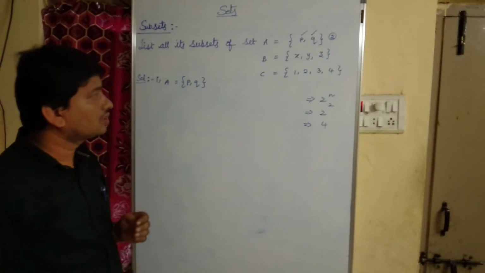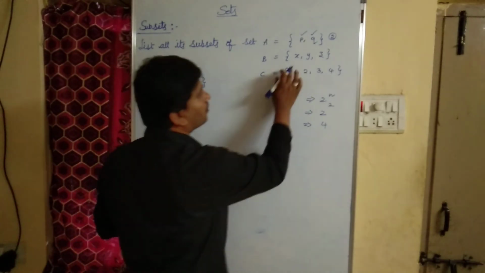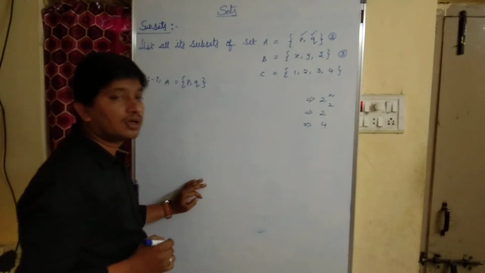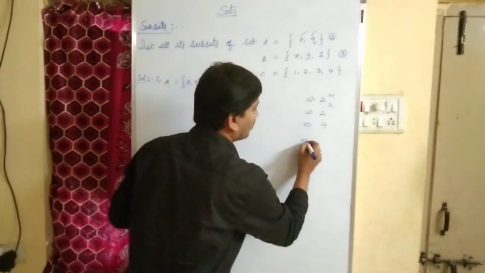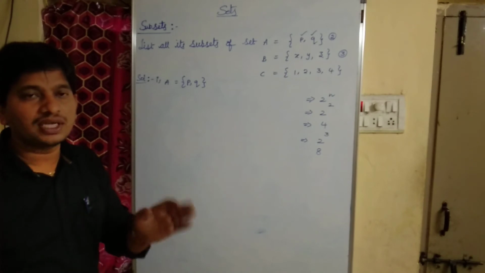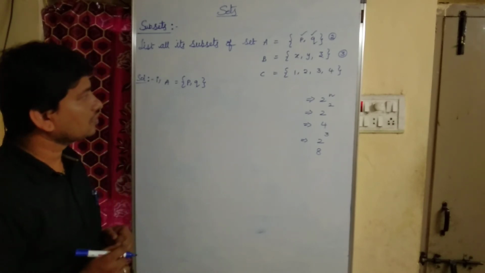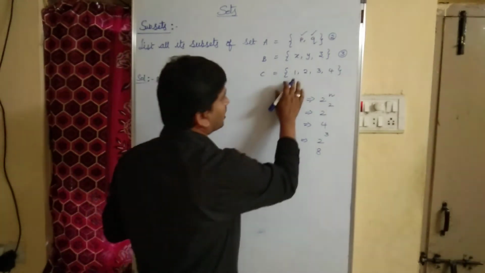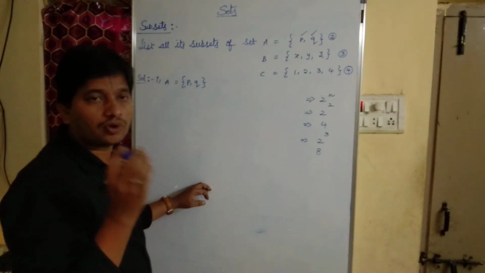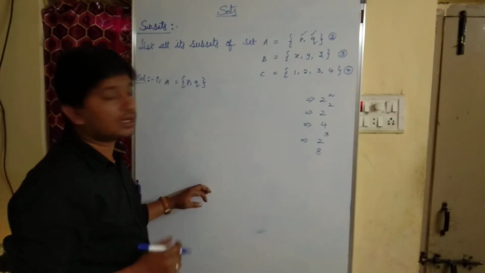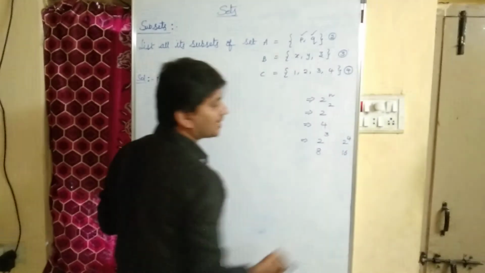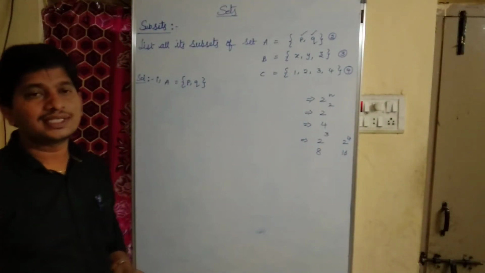Okay. Now coming to set B. As set B consists of 3 elements, can you tell me how many subsets set B has? As n value is 3, the formula is 2 power n, 2 power 3, that is equal to 8. I mean set B consists of 8 subsets. Now coming to set C. Set C consists of 1, 2, 3, 4 as 4 elements. Can you find out how many subsets set C has? The formula is 2 power 4, as 2 into 2 into 2 into 2, that is equal to 16 subsets.